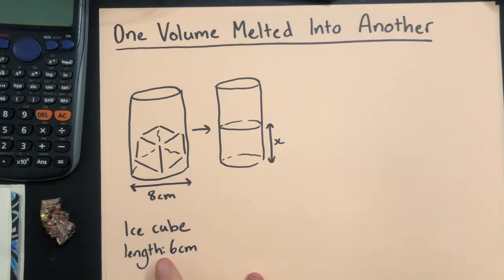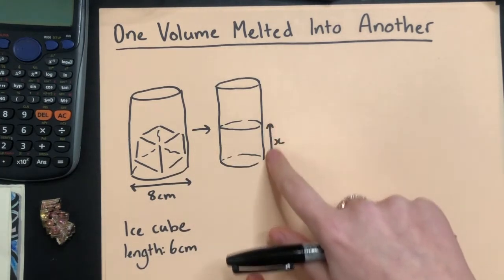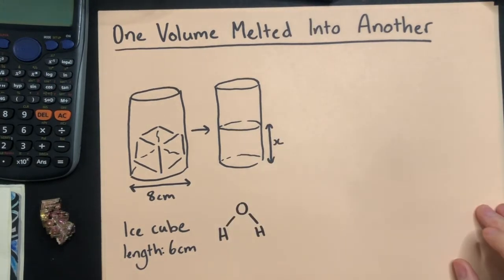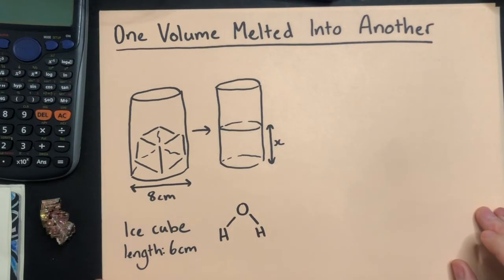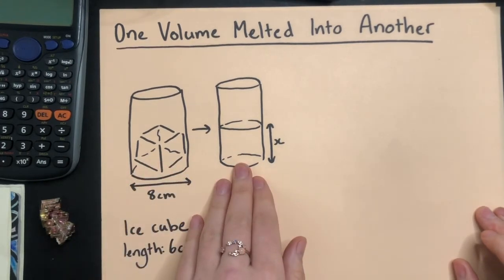The ice cube length is 6 centimeters and the diameter of the glass is 8 centimeters. When the ice melts, we want to figure out what the height is that that water is going to take up. In this question, we are going to ignore the fact that water expands when it's freezing because of the hydrogen bonds formed here between the oxygen and the hydrogen. In reality, the ice cube would take up a little bit more space than its water form, but we're going